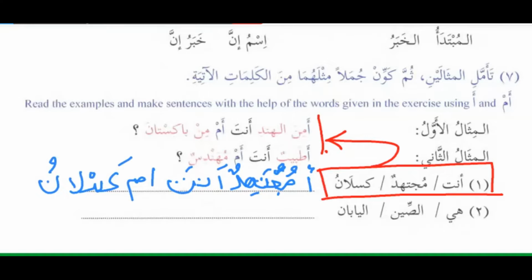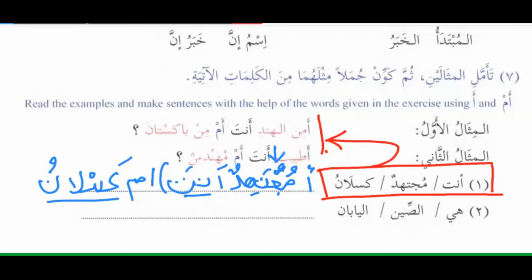So once we want to know is he hardworking or lazy, that time his khabar, his predicate, will be on emphasis. We will put emphasis on that, like many times we did in book number 1. So this is one more situation where the emphasis is being put on someone we want to know about. So the subject will be delayed, the khabar will be muqaddam, it will be coming in the beginning, and the mubtada will be muakhar.